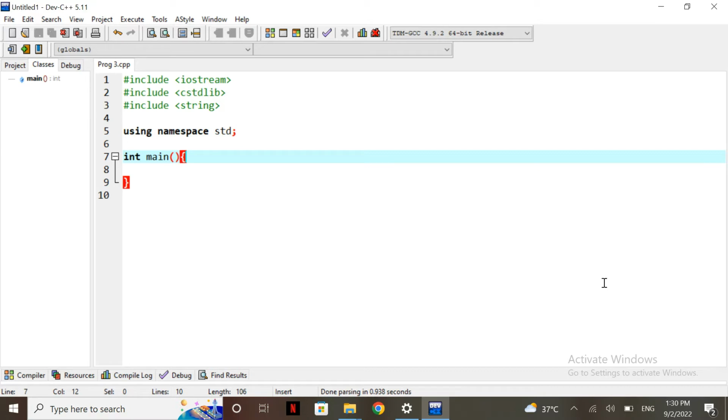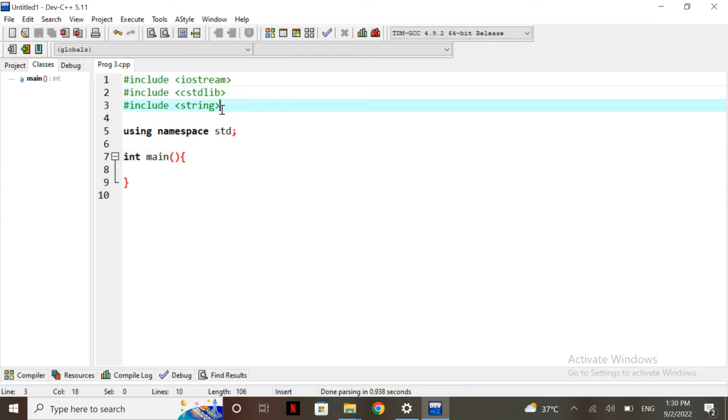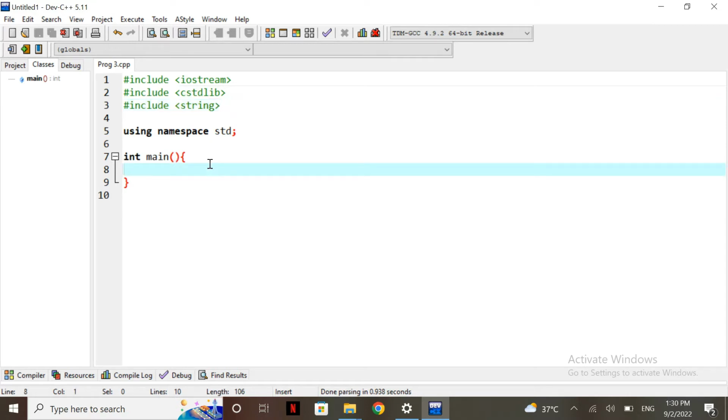So let's start. I will not explain again the libraries that I have already explained in my previous video. So we will start working straight away. We will write our program in the main function straight away, because we have read about everything else that I have already written in my program that is showing on your screen. So first of all, I'm going to declare a string,